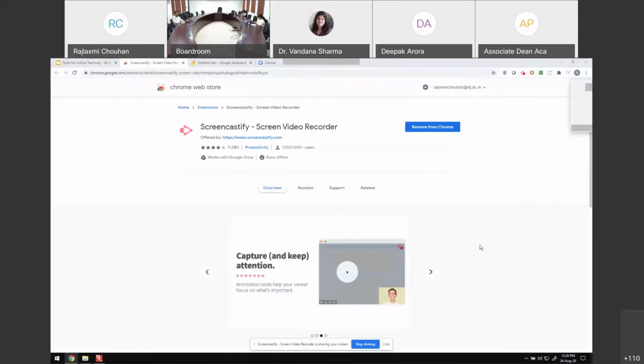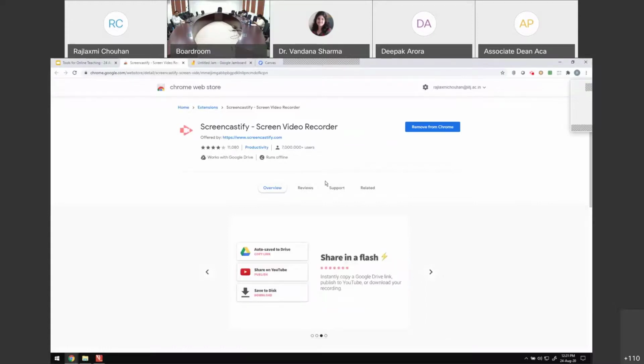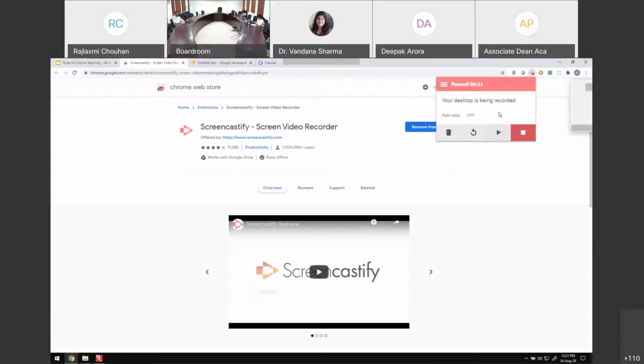It gave me a quick countdown, and now my screen has started recording, right? Somehow it said that drawing tools were not available, but just give me 1 second.